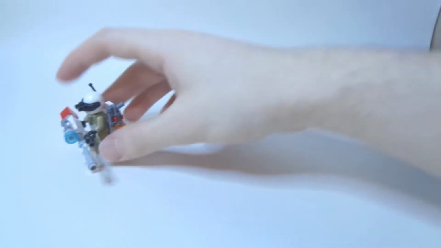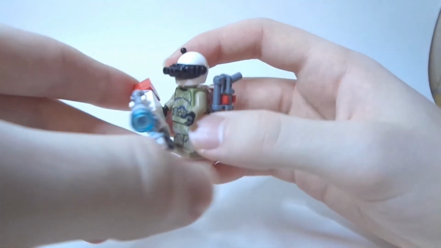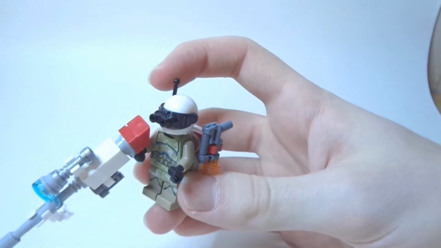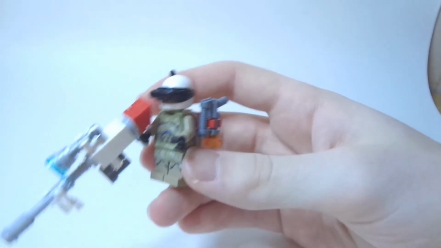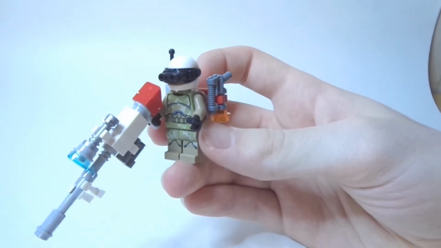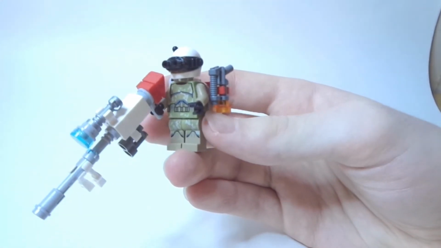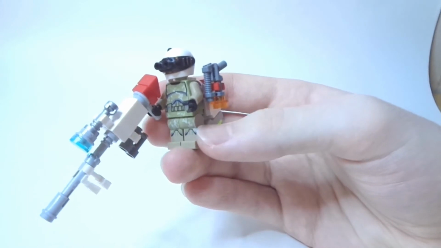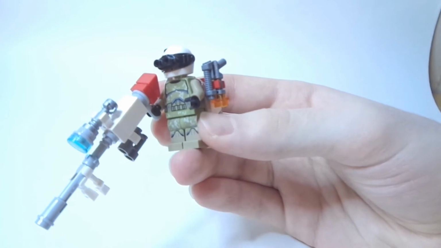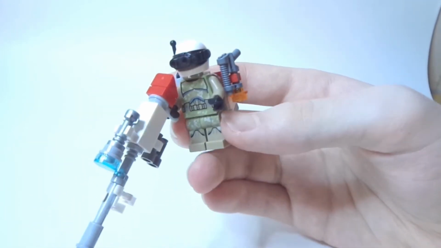And then last but certainly not least, we've got the sniper. The sniper's fun. He's in camouflage apart from his helmet, and that's because I don't have a helmet that is this colour. I don't know if that's a thing that even exists. If anybody knows that that's a thing, if you could drop a comment and tell me where I can find it and buy it, because I would really love this guy to not have a white helmet,